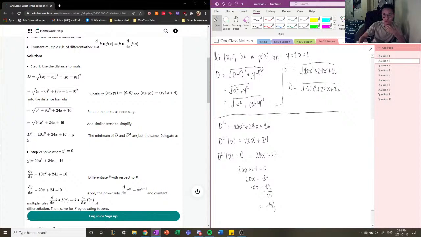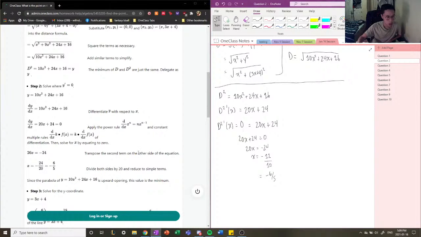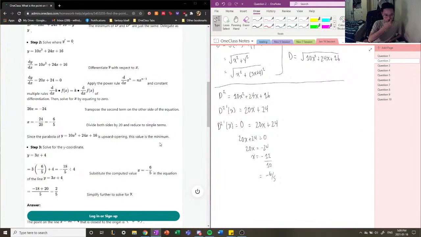Our original function is our line function here, because we have now identified the value of x which is closest to the origin. Now we just need the y-coordinate. So we're going to plug x equals -6/5 back into y equals 3x plus 4. We have found the minimum point, which is -6/5, and now we plug it back into our line equation. So y equals 3 times -6/5 plus 4,